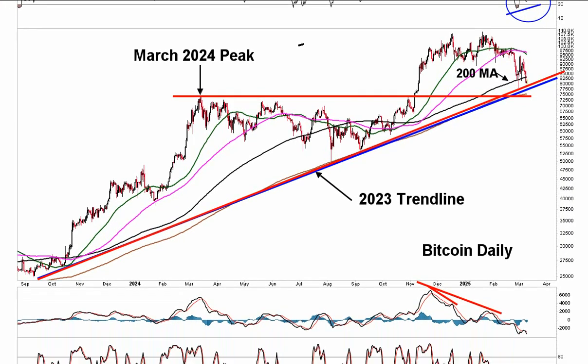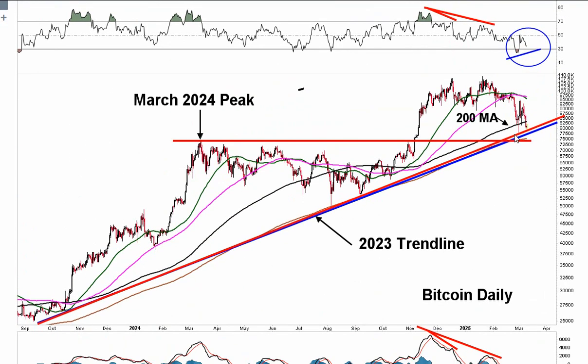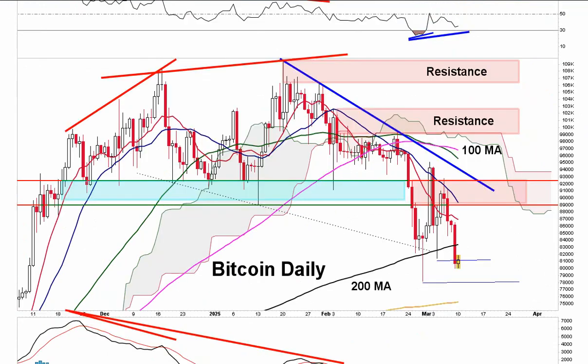You got the same divergence going on with the MACD. The MACD is going lower. Let me just show you this up close, but I wanted to show you here this important 2023 trend line on the daily chart as well as in the weekly time frame. Let's look at this up close. I think this is important. And again, I've talked about a very good chance Bitcoin bottomed out with a bottoming tail right here. That's still very possible. And we're just coming back and testing the support zone. But if we go a little bit lower, you've got that 50-week moving average.